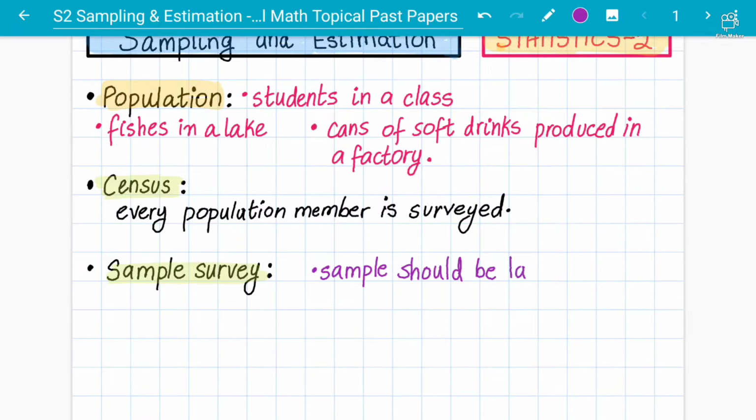I'll write down the key points here. A sample should be large. There should be no biases in it. You must not influence people when you are doing a sample survey. You must not ask questions that make people reluctant to answer, or questions that favor one thing and disagree with the other. There should be equal chances of being selected, of being represented in the sample survey. I'll repeat my point, students.